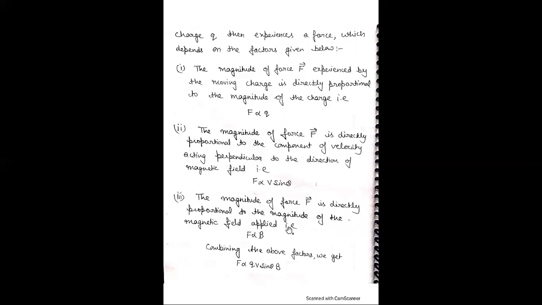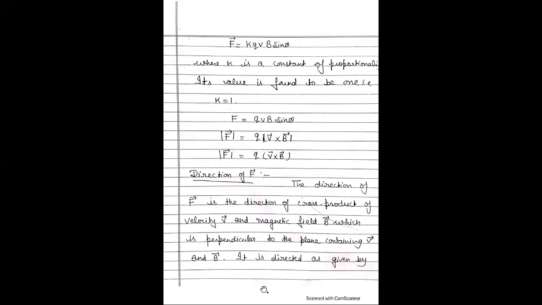And the next is directly proportional to the magnitude of the magnetic field applied. F is directly proportional to B. If B increases, then force is also increased. Combining all these factors, the resultant force is directly proportional to Q v B sin theta. And this is the proportionality constant K, and its value is found to be 1, that is K is equal to 1, so F is equal to Q v B sin theta in magnitude form,